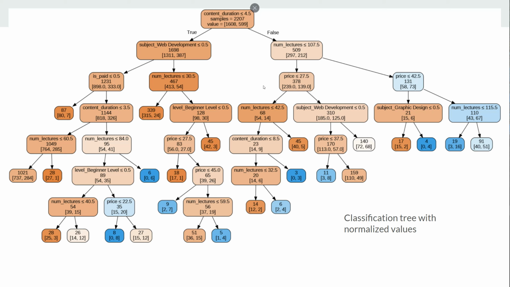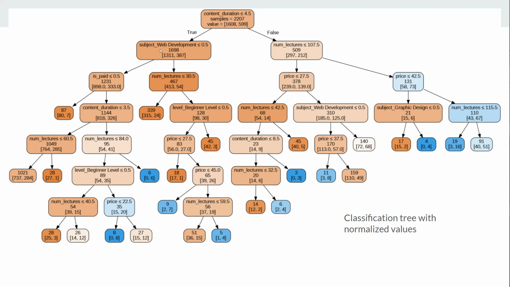As you can see, this classification tree is a lot more diverse. It doesn't just start with two number of subscribers nodes. We have a few pure nodes in this tree, and we can go over how we get to some of these to understand how to interpret this tree. So if a class has a content duration less than or equal to 4.5, go to left,